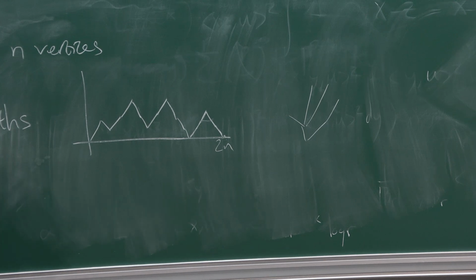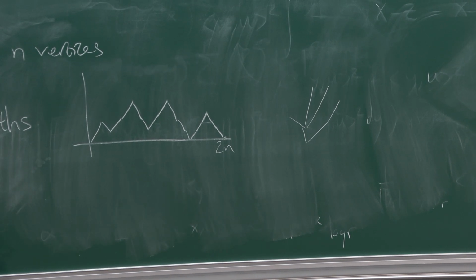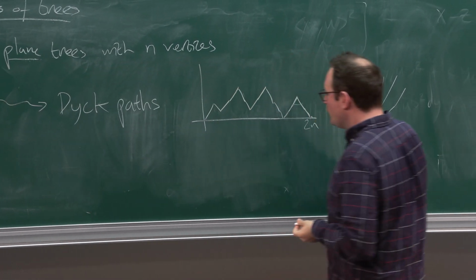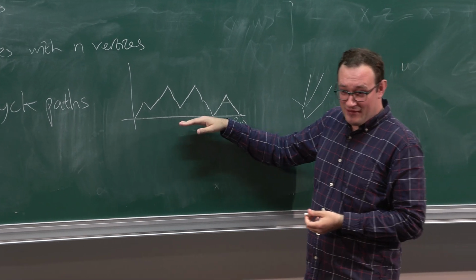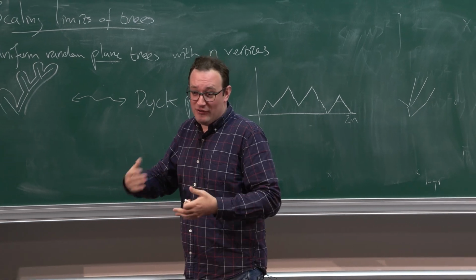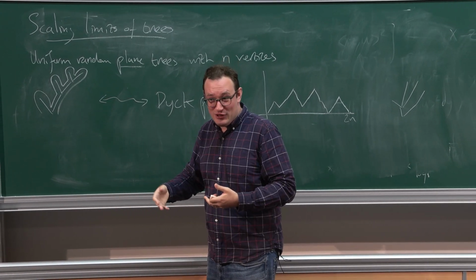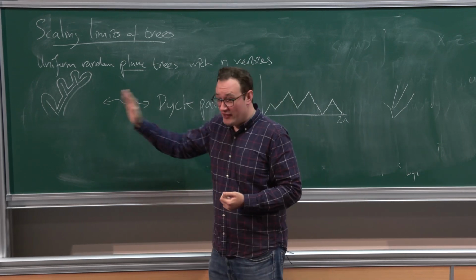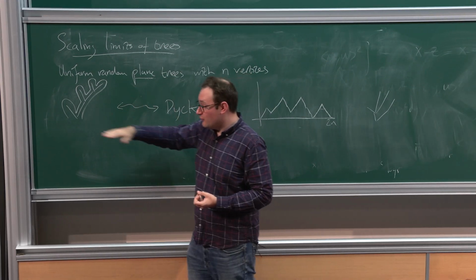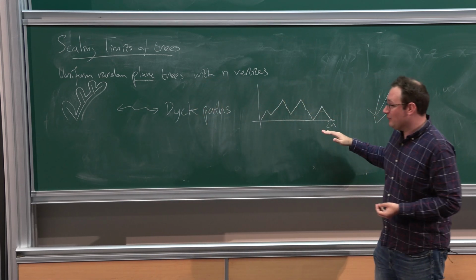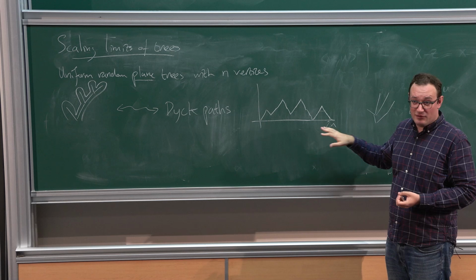Now, the reason why this bijection is nice, if you want to develop a scaling limit theory, and this, I guess, is the idea of David Aldous, you can take your scaling limits here and then biject back, okay? And assuming you have enough continuity in the operations, which he proved you do, then that means you can define the scaling limit of the uniform random tree, which is something called the continuum random tree, as a function of the scaling limit of a uniform random Dyck path, which is a Brownian excursion.